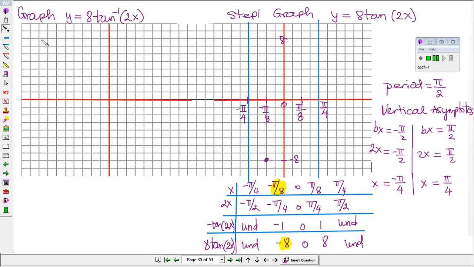So we plot the point now. The first point is done. The next point will be 0, 0. And the last point will be pi over 8, 8. 1, 2, 3, 4, 5, 6, 7, 8. So now we have 3 points, and when you connect the 3 points with the curve,